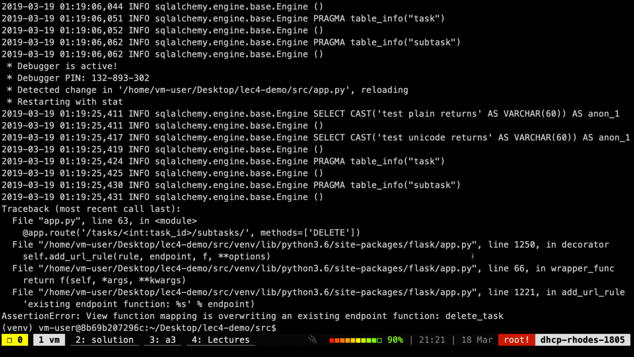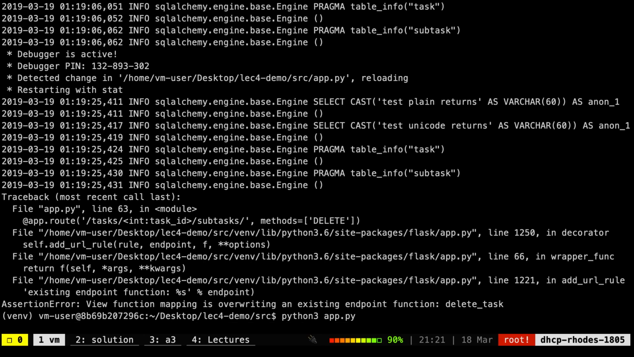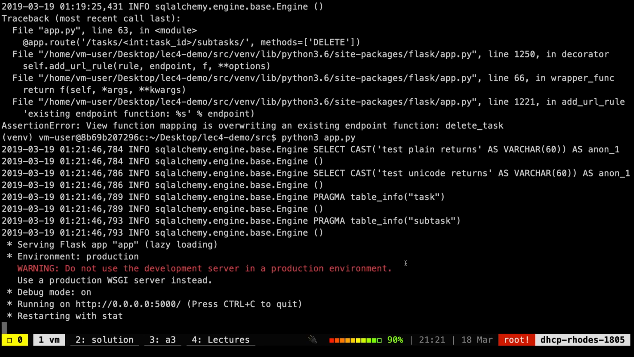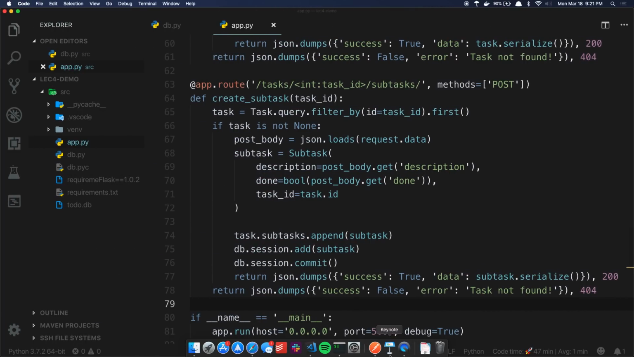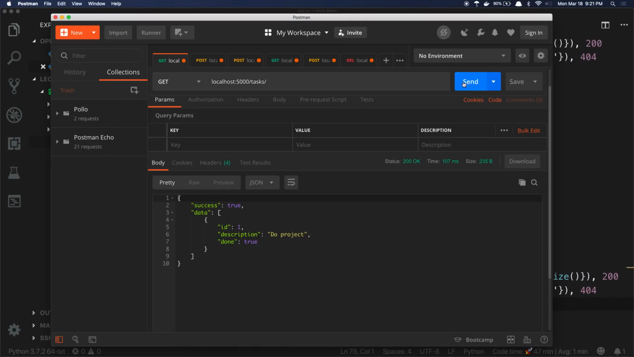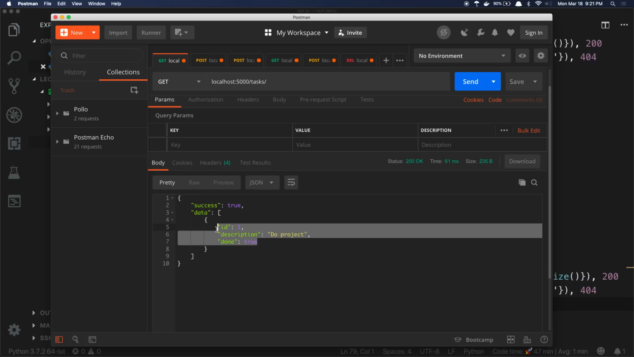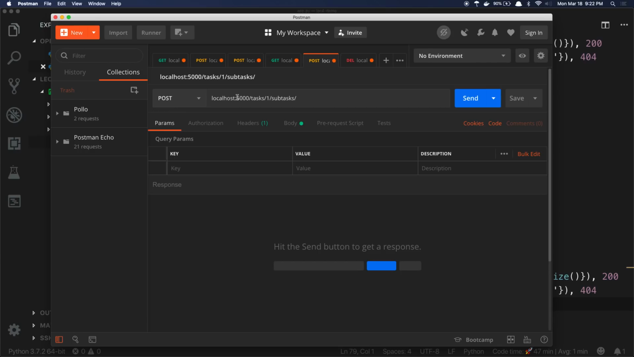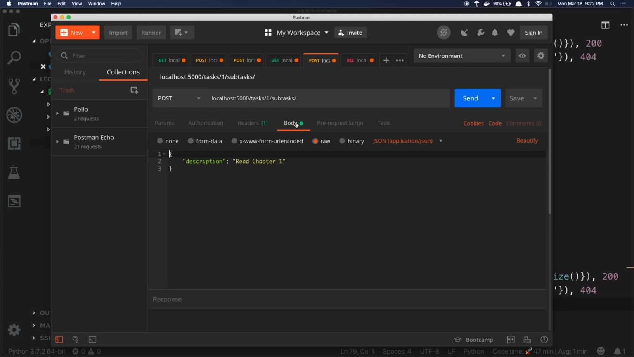All right. So let me restart my server. So now if we go to Postman, I have my get task. Say I wanted to create a subtask for my due project task, I can go to post localhost:5000/task/, the ID that I want to create a subtask for, so 1, and then subtask. This would be a post request, and the description could be something like read chapter 1. So if I created that,